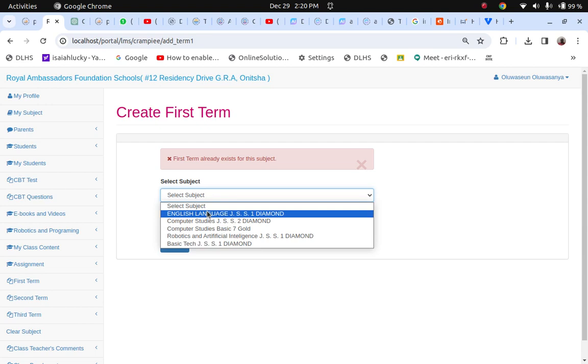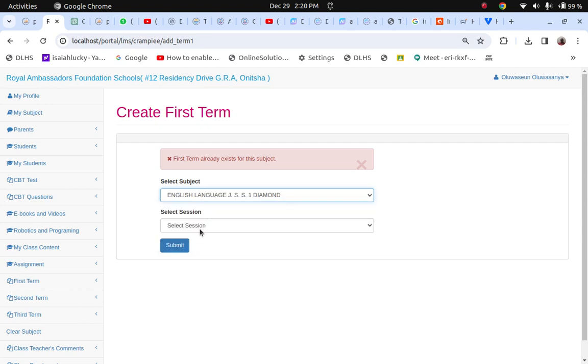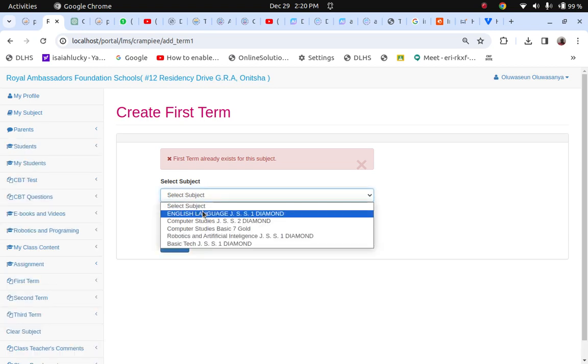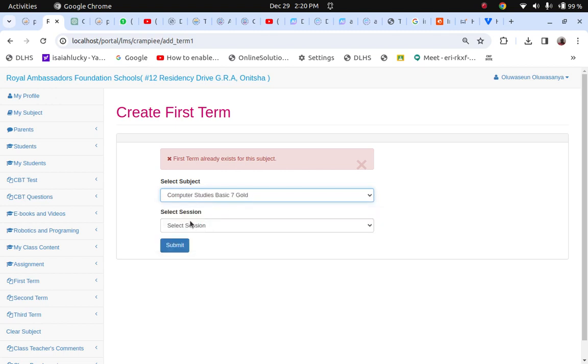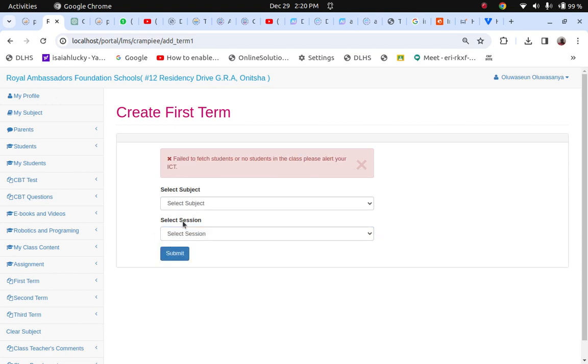So let me try this. Also, it has been created. So if it is not created, we immediately create it and tell you it was successful, it has been created. So take this again. Yeah, so if it failed to fix students because no student, what that means is